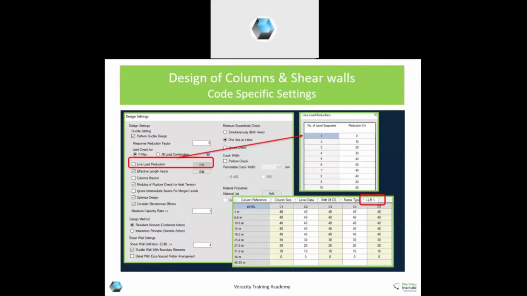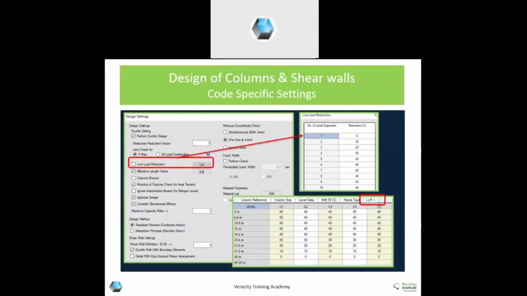Live load reduction, as per our IS 875 part 2, live load reduction is possible. So for each story, how much reduction you can do by default is taken by RCDC. But if you want to lessen that, you can do.